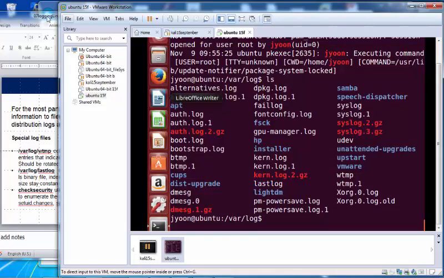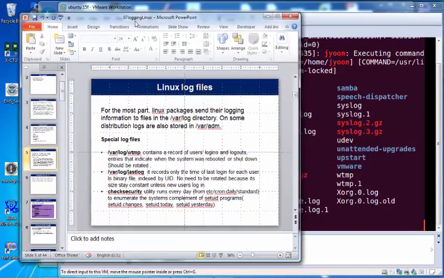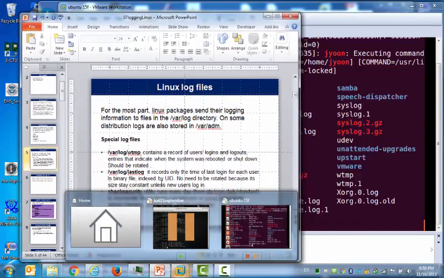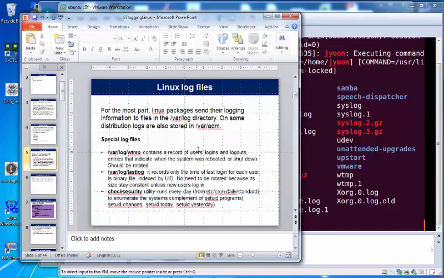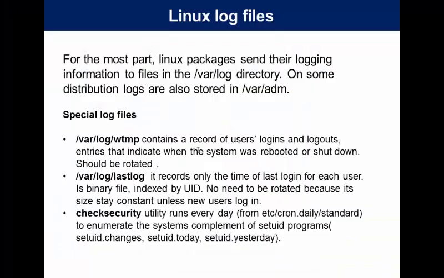Okay, so back to the program here. There are log files: WTMP contains the record of user logins and logouts.